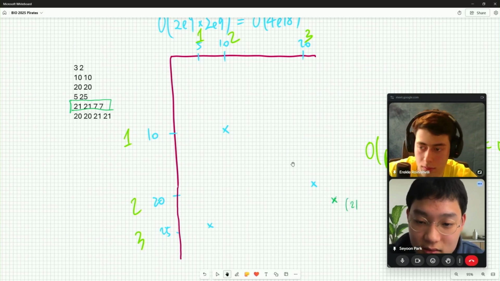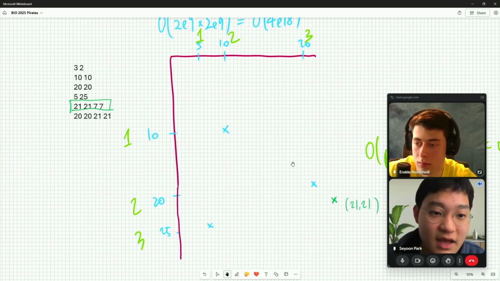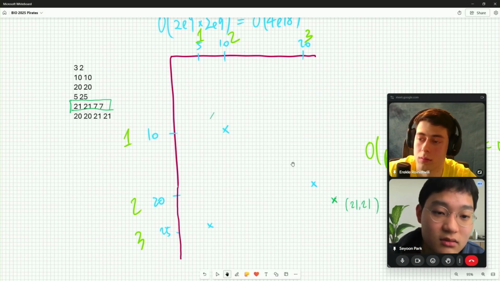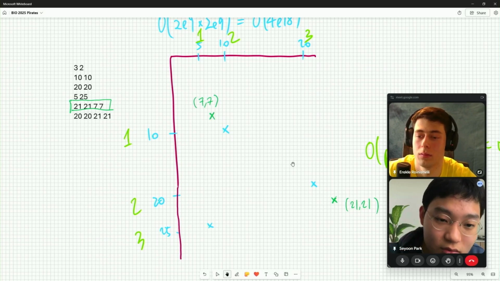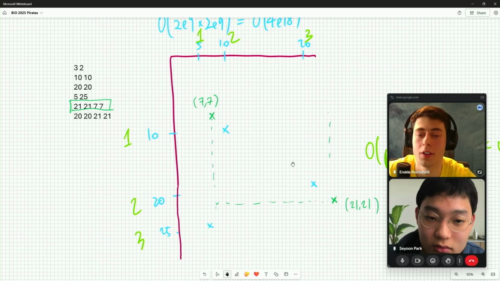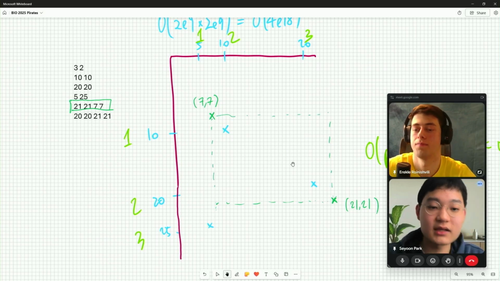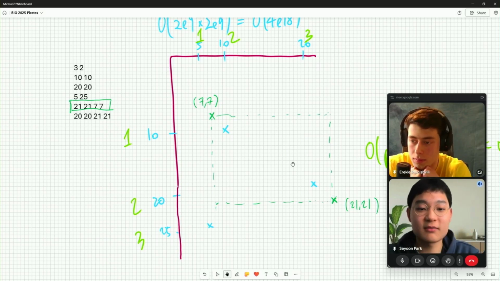And then 7, 7 in the upper left corner. Yeah, that's got 2 points in it. So that's the rectangle defined by that query.